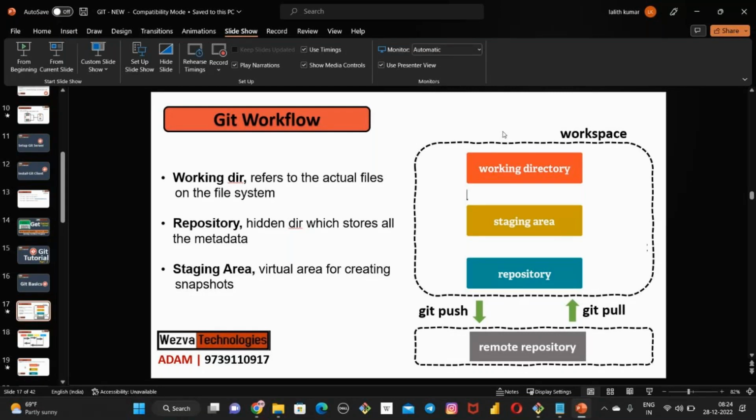And see, if we are working on the local directory, instead of moving things to the remote repository using git push, first we will check whether any changes have been done. So first we do a git pull, correct, and then only you go for git push. Exactly. That's a good practice. Before you even commit, always do a pull and find out if there is a change, because after you do a commit and then do a change, it will be difficult. So it's better that you do a pull first, update your workspace, and then make the changes and commit,